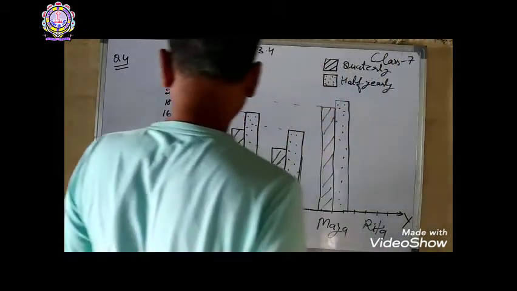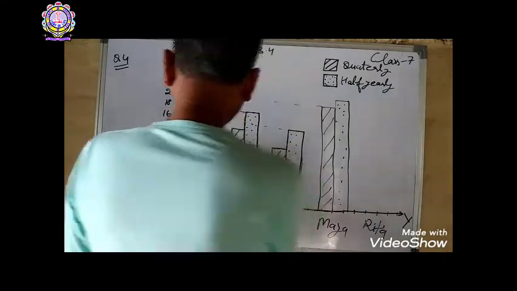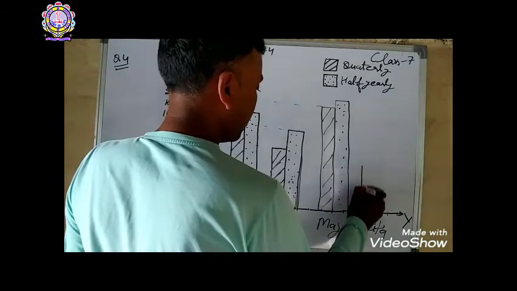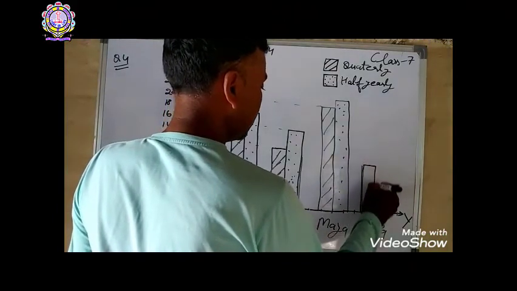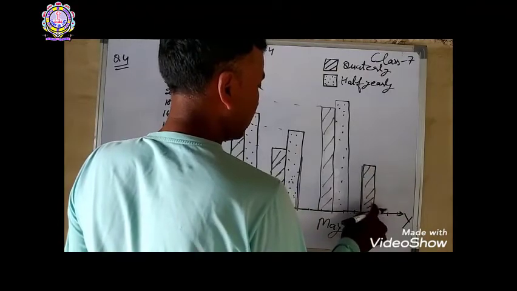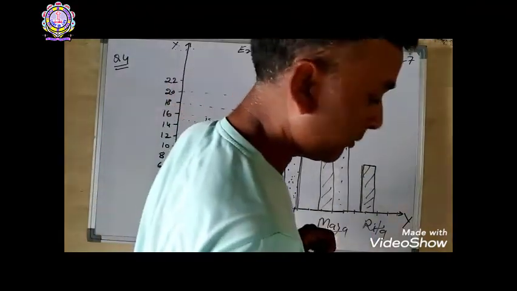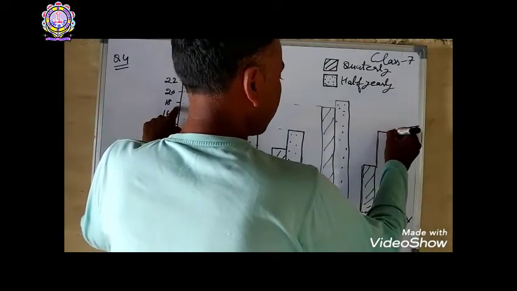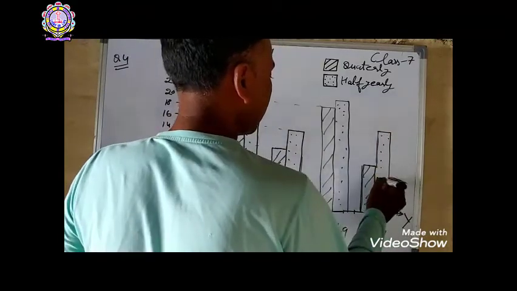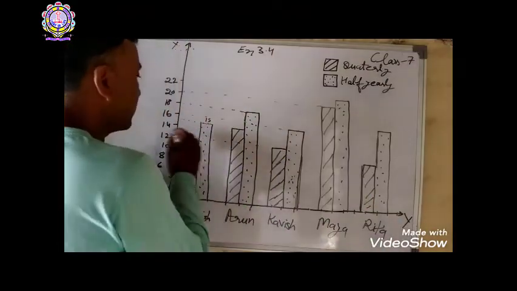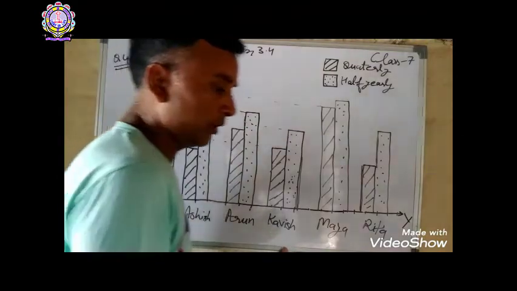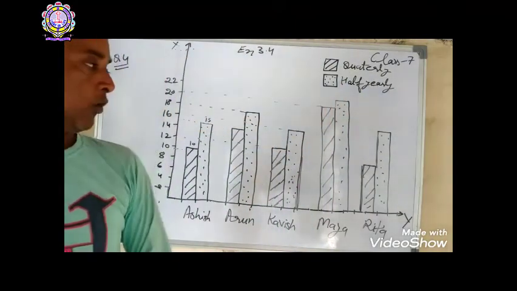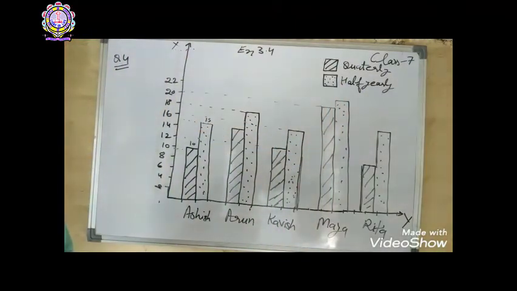So Rita, first 9, that is 9. So we count here 9. Okay, that is 9. Another is in half yearly 15, more than 16. That is 16, like this. And note here if you want, that is 15, 14 and so on. So I hope you may draw it.